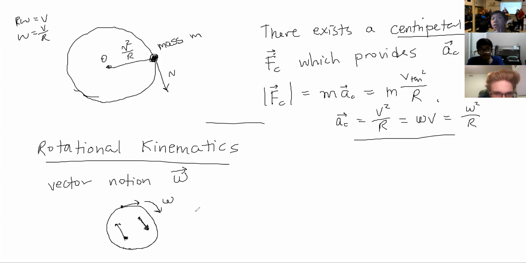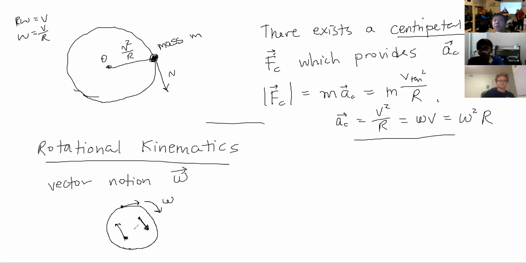Okay, why does omega v equal omega squared? Oh yeah, it is omega squared r. Sorry, I'm confused by my own notes. Omega squared r. Yeah. Okay. Anyways,